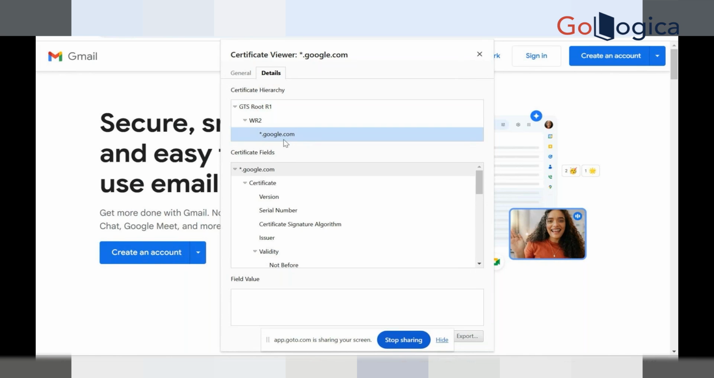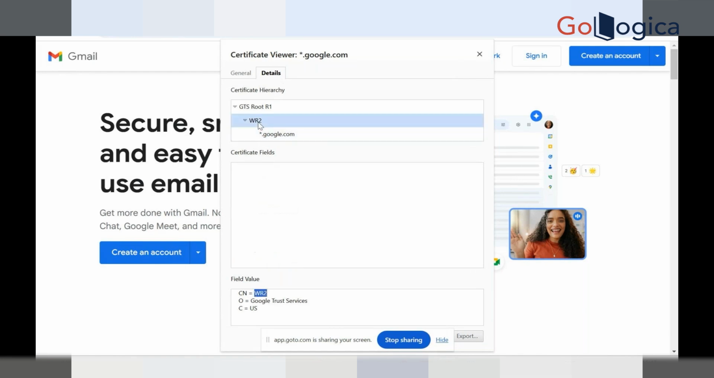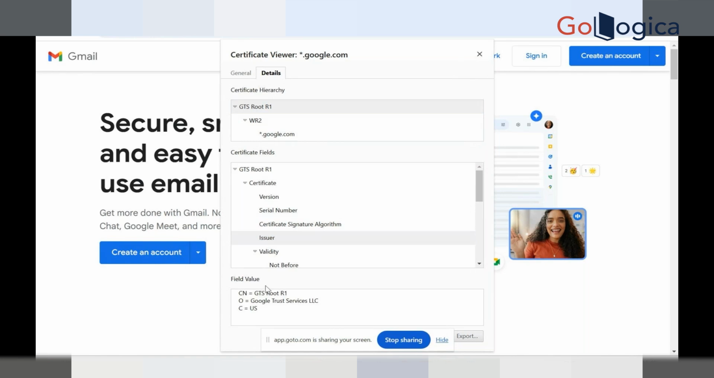So this star.google.com is signed by, you can click on issuer and see who has issued it. It is WR2, which is your next certificate in the chain. If I click on WR2's issuer, it says GTS Root R1. If I go to GTS Root R1's issuer, it is GTS Root R1. So when a root certificate's issuer is itself, like